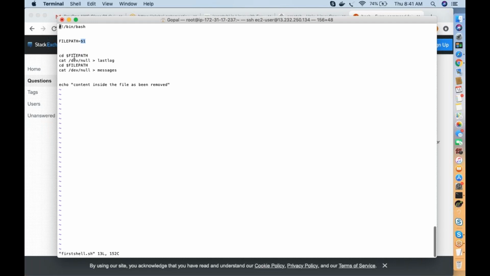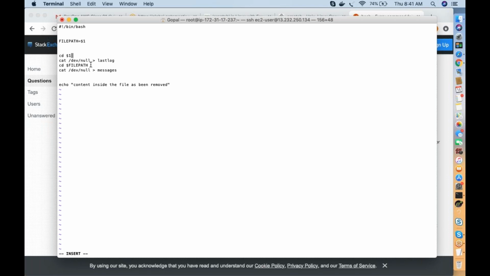So cd file path, and the var log comes here. File path is called var log. cd is equal to file path, so it will be replaced with var log. Instead of doing it like this, you can do it like this as well, it's up to you. You can mention $1 directly here, so $1 will also go to that path.